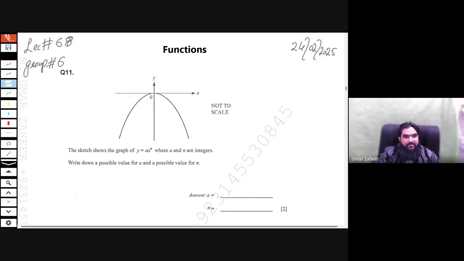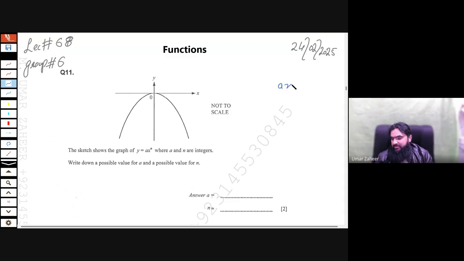So today we are just going to be doing the practice session on the functions. Okay, the first one we have is a sketch. The sketch shows the graph of y is equal to a x power n, where a and n are integers. When we were doing the quadratics, we did the graph, and I told you, for example,